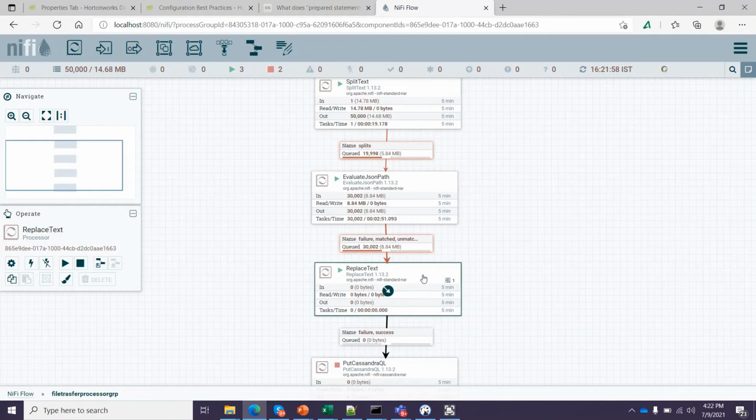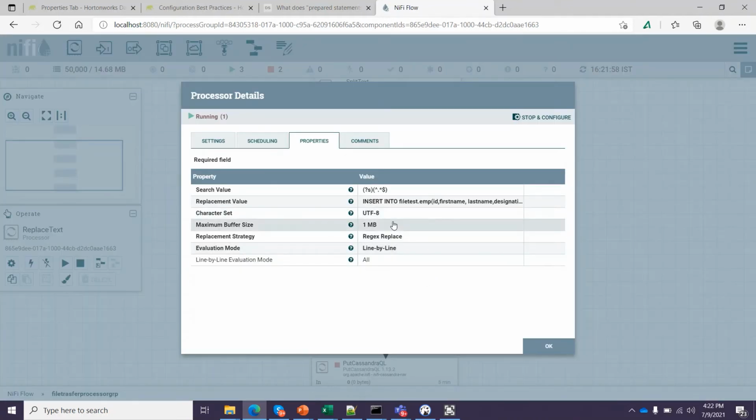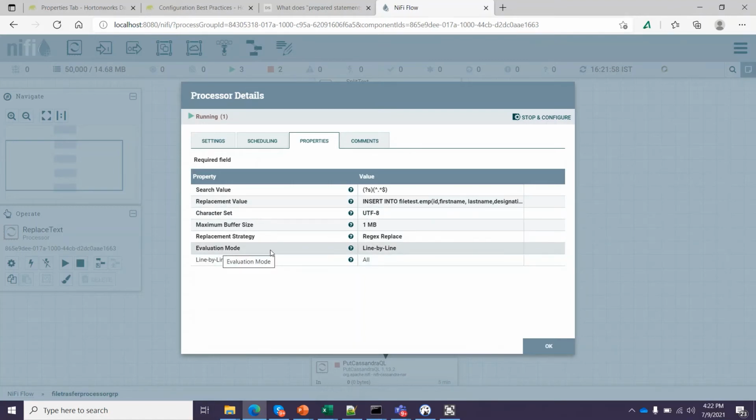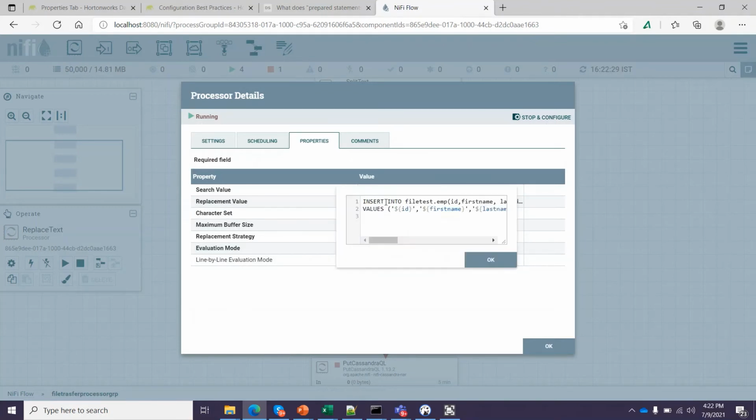Meanwhile, let me show you the Replace Text configuration as well. I simply put the evaluation mode as line by line, and in the replacement value I put the complete CQL queries.